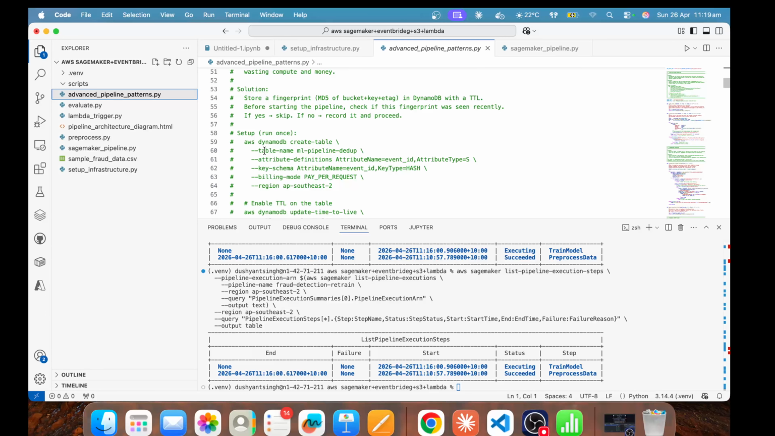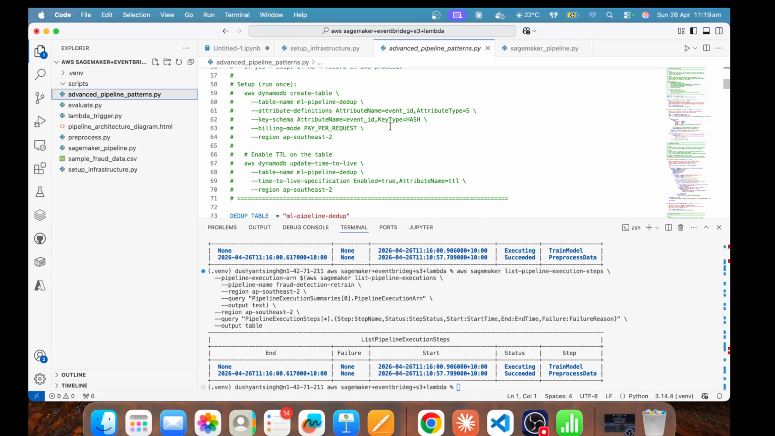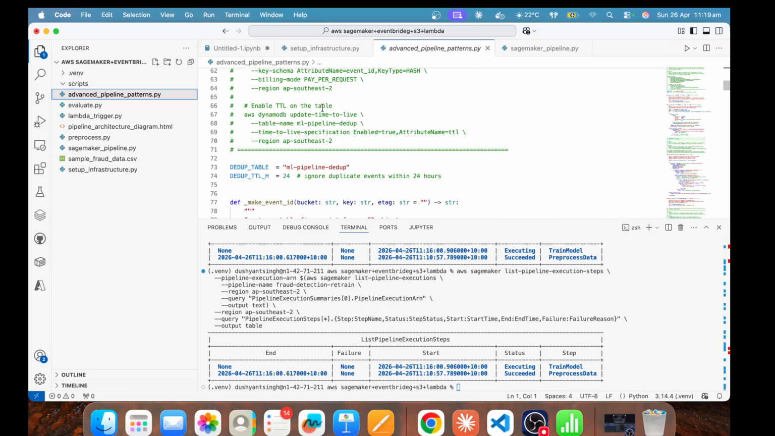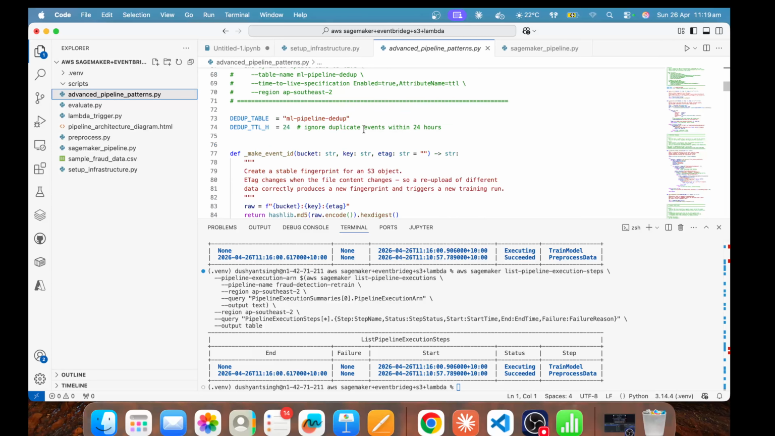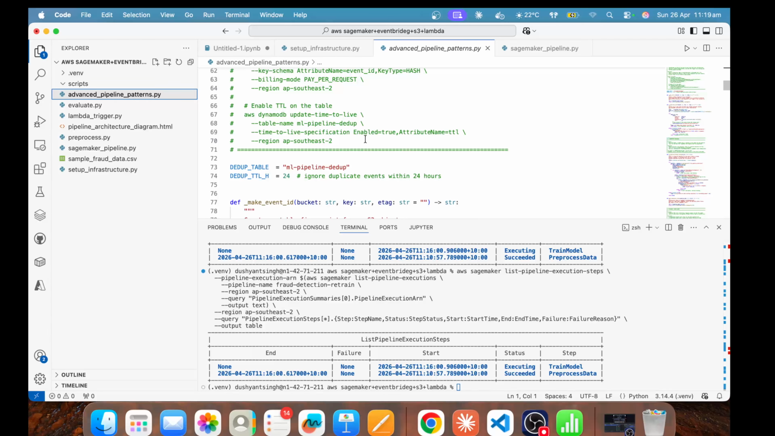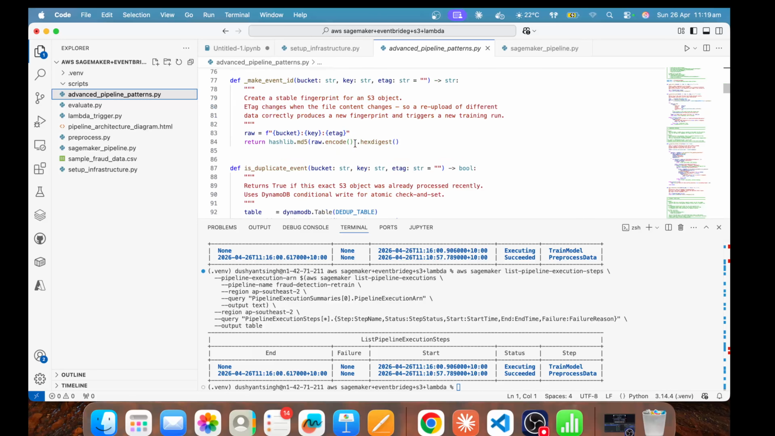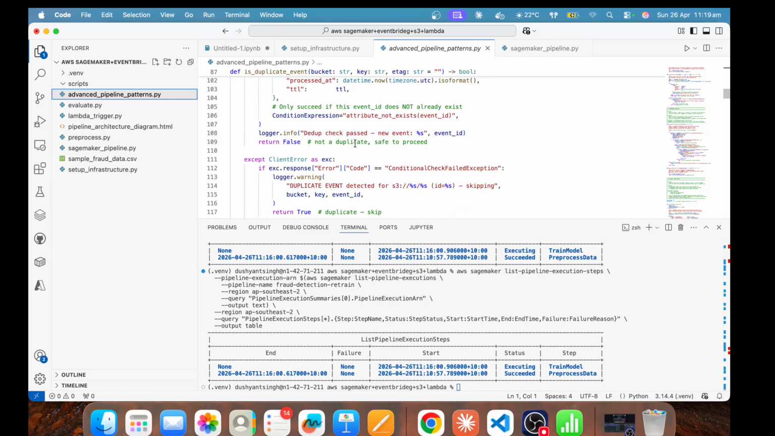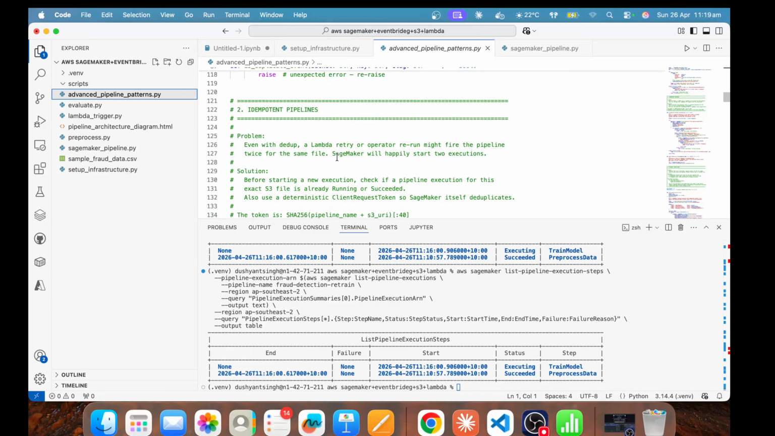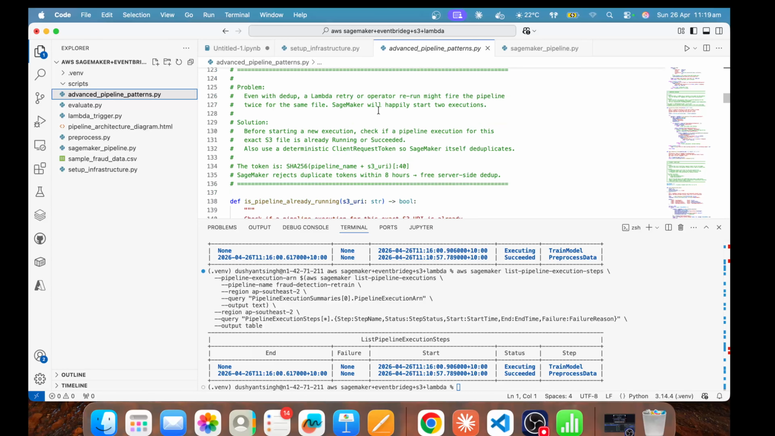So I created a table in DynamoDB with a schema where the key is event ID and the key type is hash, billing mode is pay per request, and time to live is enabled on the table. It's the ML pipeline dedupe table, as I showed you earlier. So you can detect duplicates, and also make pipelines idempotent. Even with dedupe, a Lambda retry or operator rerun might fire the pipeline twice for the same